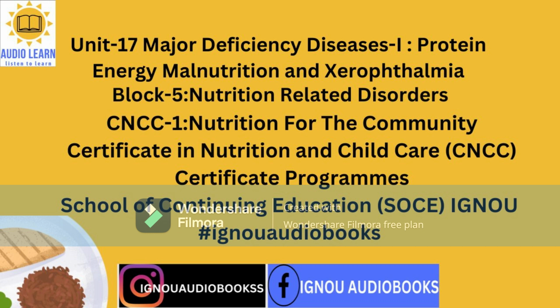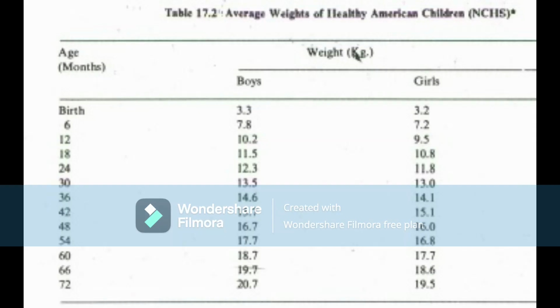A child's body weight is compared with that of a well-fed, healthy normal child of the same age. The weights of normal children used for such a comparison are known as reference standards. These tables of normal weights and heights of healthy normal children provide weights and heights according to age. In India and elsewhere, the reference standards developed by the National Center for Health Statistics, NCHS, of the USA are